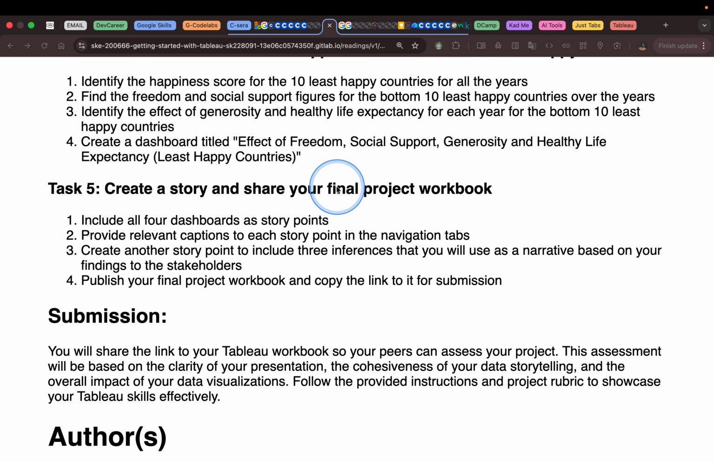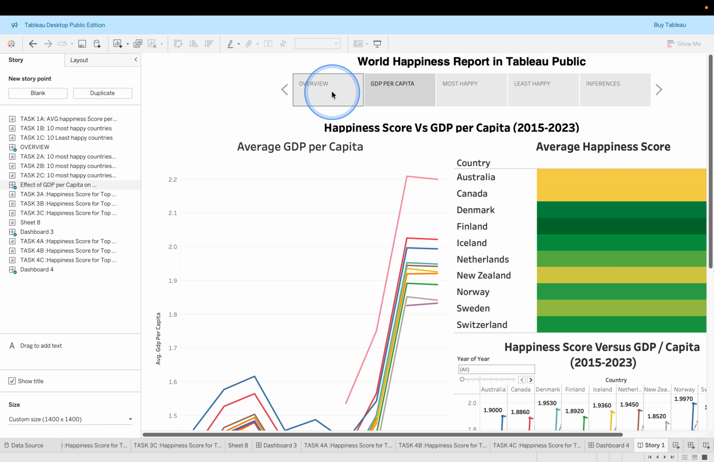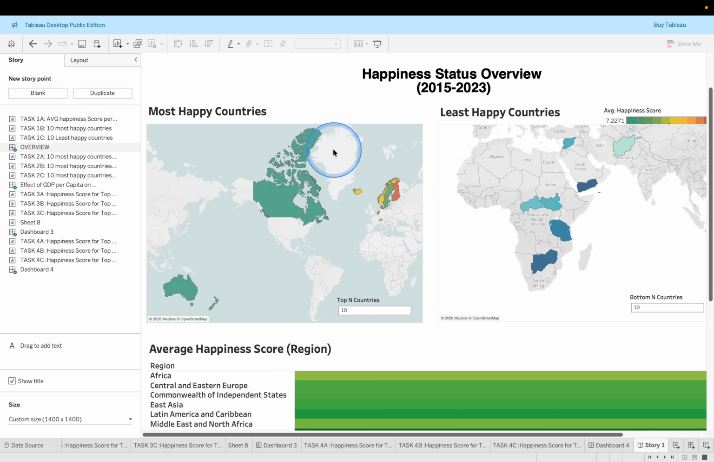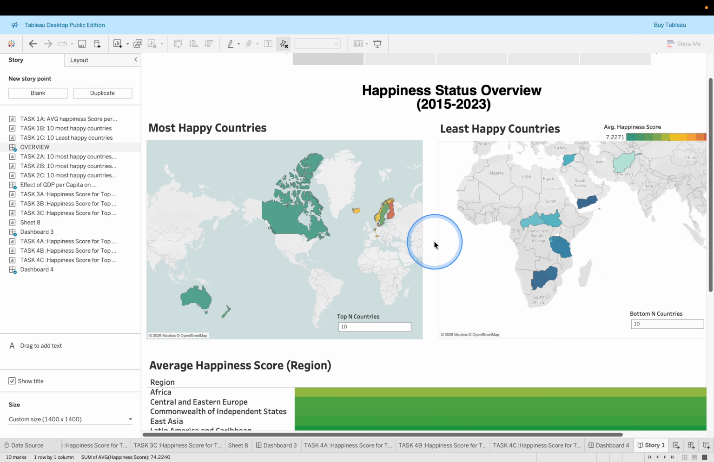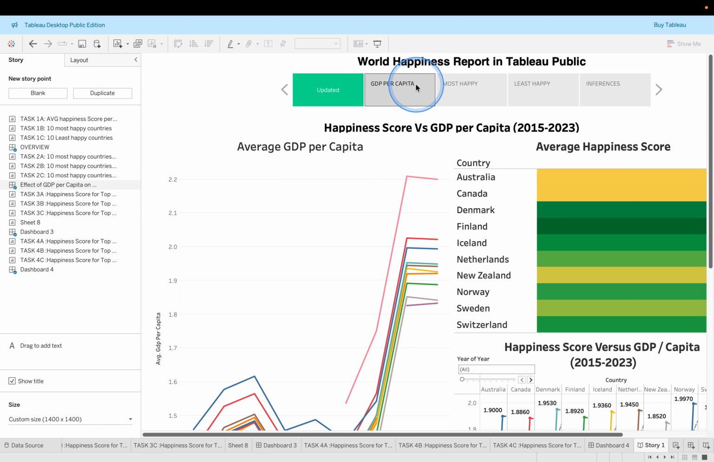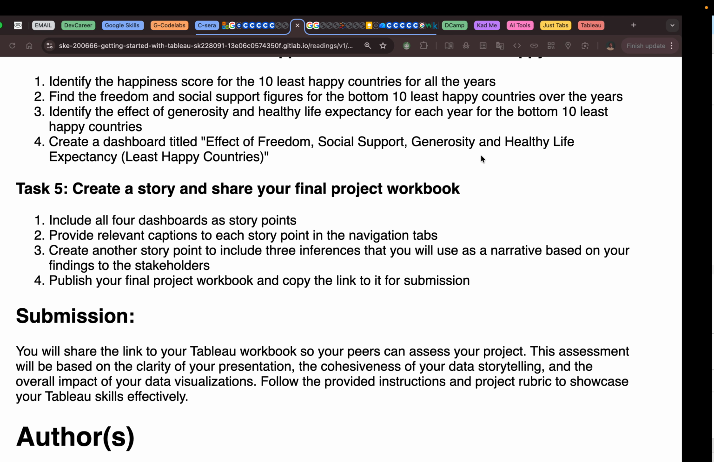Next, we are to create a story and share the final project. So this was shared on Tableau Public as a publication. And we included all the 4 dashboards as story points. So we have the story here. You can see the overview. We have GDP per capita. We have most happy. We have least happy. And finally,